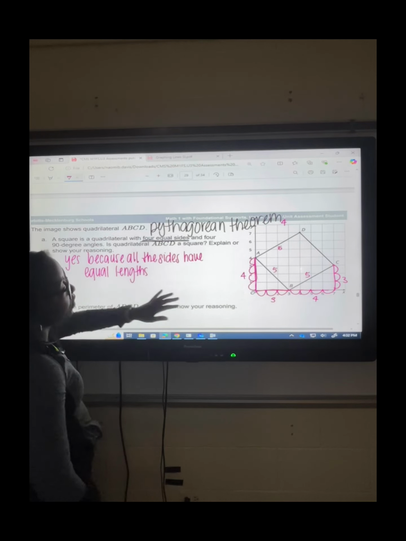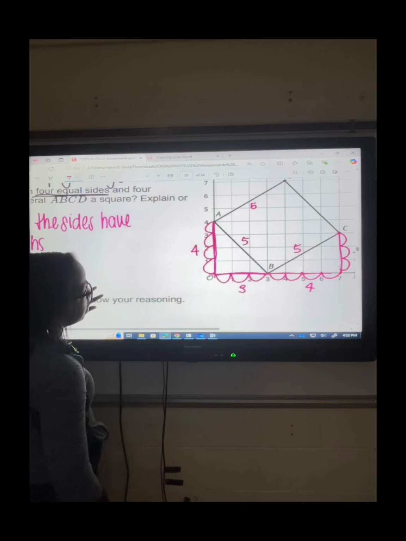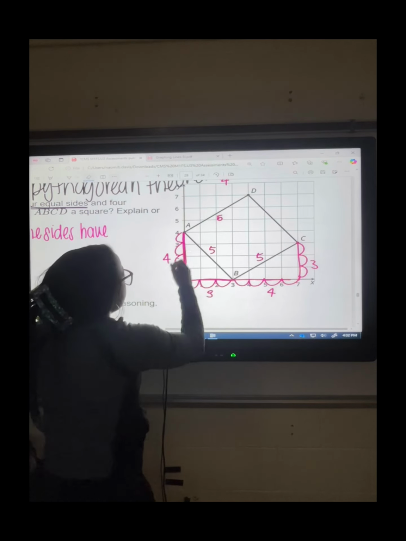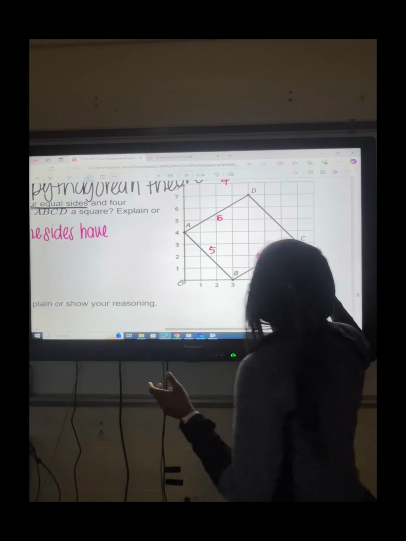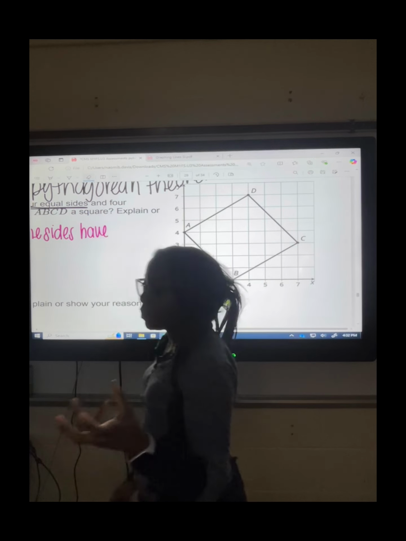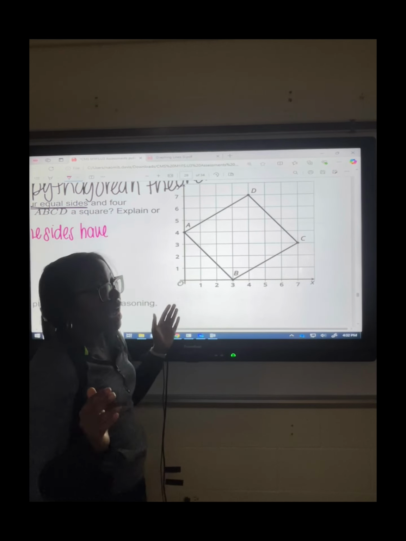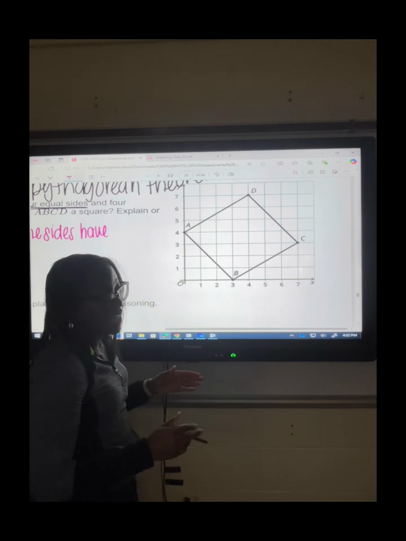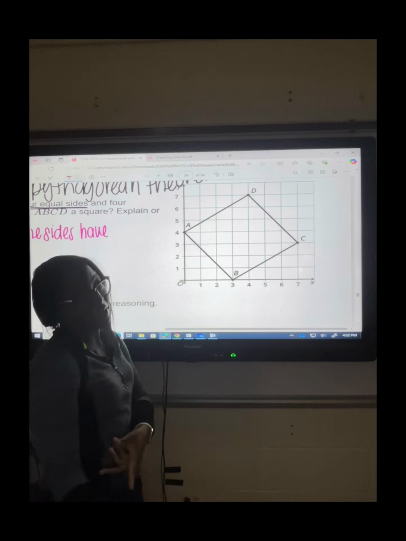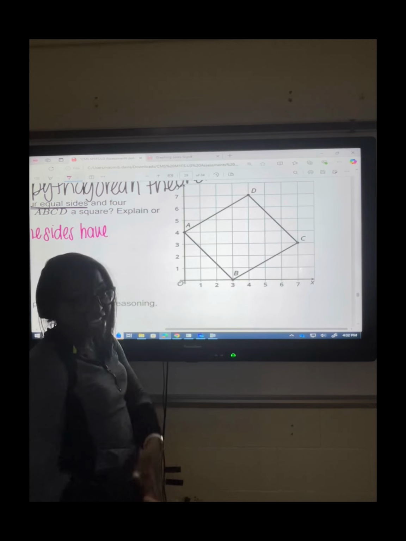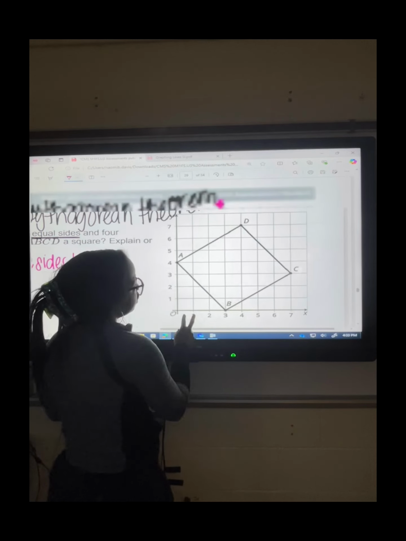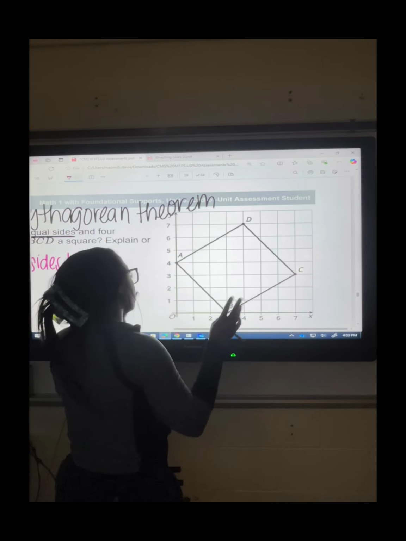And so, how do I figure out if it's a 90-degree angle or not? So I'm going to go back right here. I know that 90-degree angles come from perpendicular lines. So I want to check the slopes of the lines to see if they're perpendicular. How do you do that? I know I said don't use rise over run. And I don't want you to use rise over run if you feel like you're not good at rise over run. However, is it easier for this problem? Yeah, because by the time you get done finishing what the length of the sides and stuff are, oh baby,